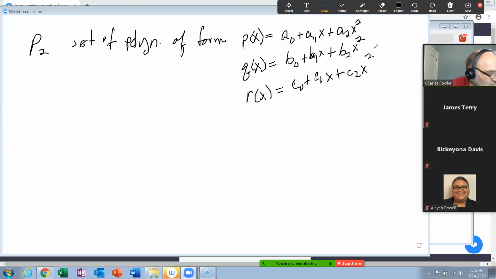And the next one is, if you multiply the same scalar by the sum of two of these, this gets really old fast, doesn't it? That'd be C times (A0 plus B0) plus C times (A1 plus B1) times x plus C times (A2 plus B2) times x squared. Put them in parentheses. Yep, you get C times P plus C times Q. You come out the same answer. Okay.